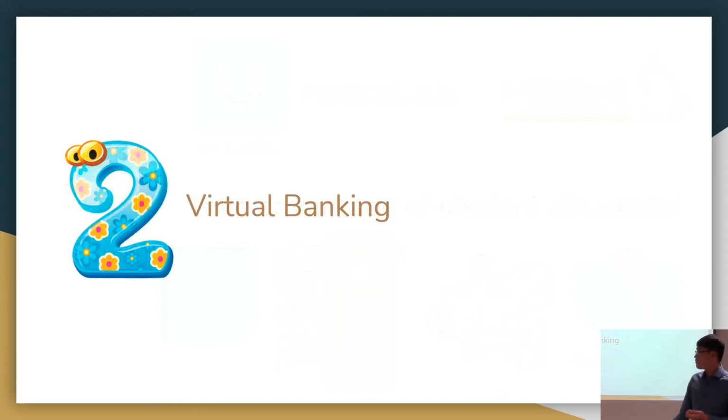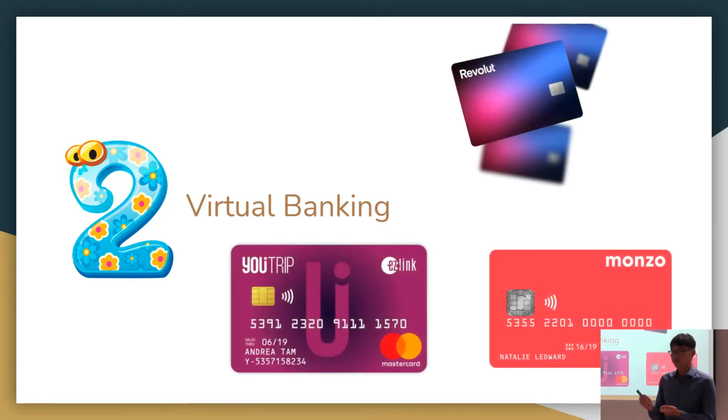Okay, the second tip I have for you: virtual banking. This is not very common in Singapore, but I recommend this when you go to the UK. So get one of these: Revolut, Trip or Monzo. All these will get you a debit card that you can use to spend wirelessly, which is quite important because now in a lot of places like London or other big cities, a lot of places don't accept cash anymore. So having a debit card is important, especially for the first 2 weeks before you set up